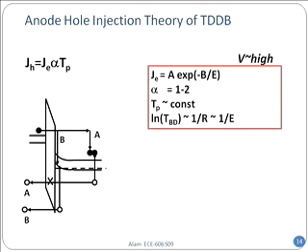So if the voltage is very high, then do you see that the top expression for Je is given by this Fowler-Nordheim type expression. This is a tunneling current expression. A exponential of B divided by E. Alpha, the number of electron hole pairs generated per injected electron, is of the order of 1 and 2. Tp at high energy is more or less a constant. So time to breakdown goes inversely with the electric field. Multiply these three out and take the inverse, and then you will get that it will go inversely with the